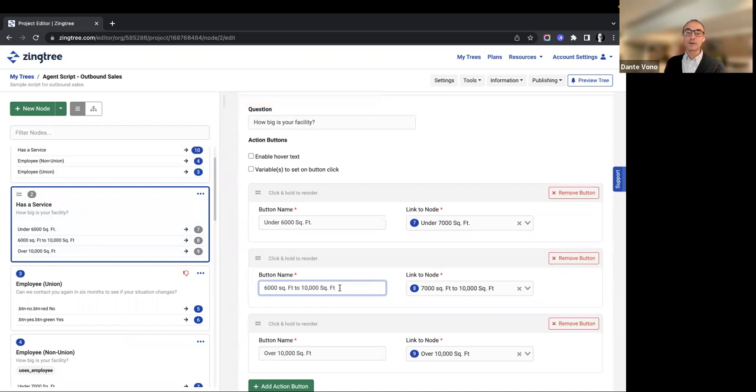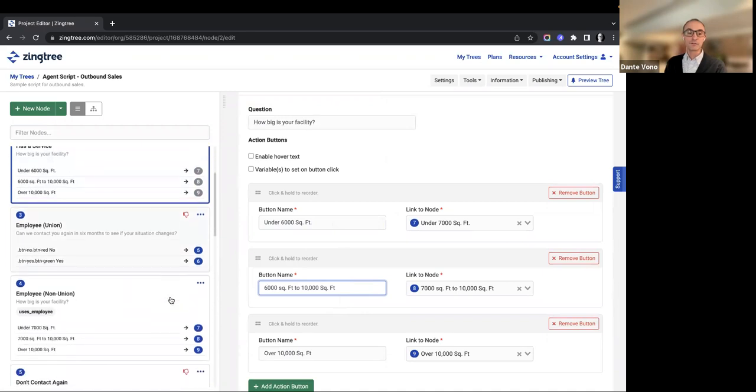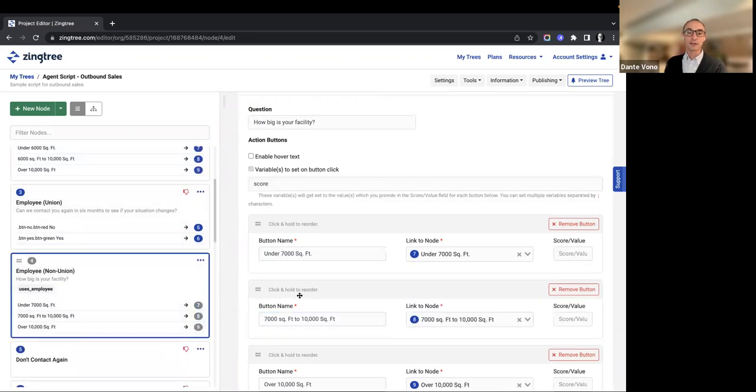Now, what we saw a moment ago is we had to save, go back to a list of nodes, scroll down the list of nodes. But here, we don't have to do that. We could just keep exploring the tree and we can click on the next one. And on this one, we can change that from 7 to 6 and that from 7 to 6 and so on. And maybe you just noticed something there.